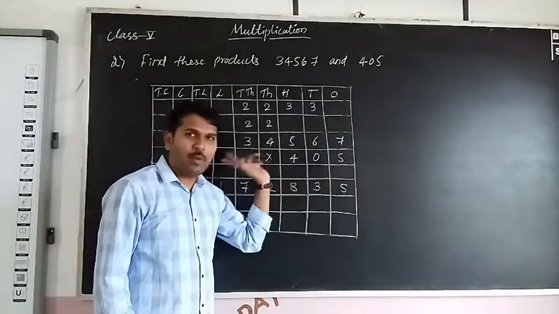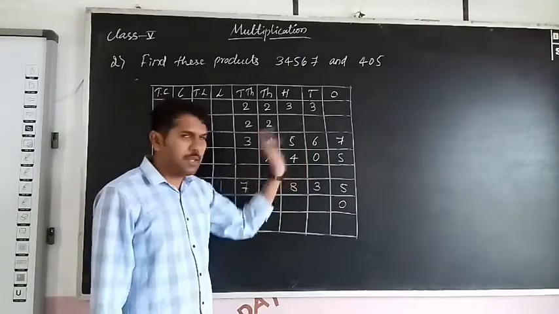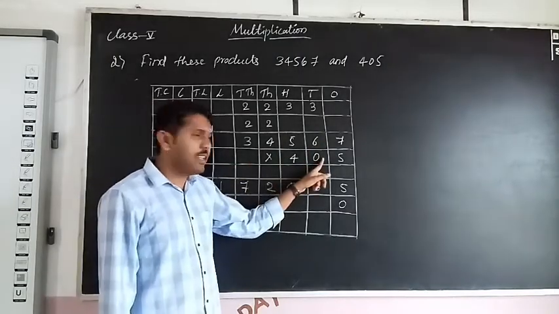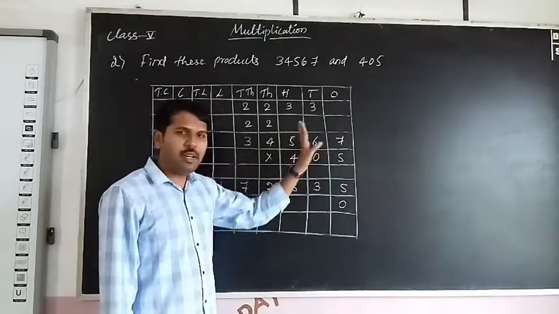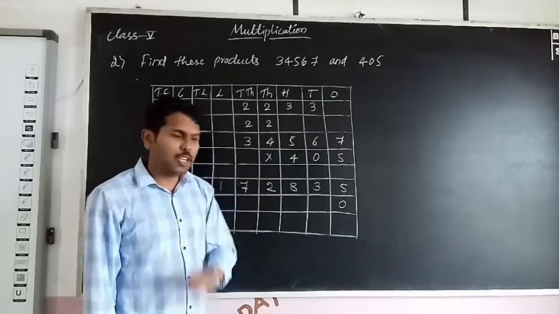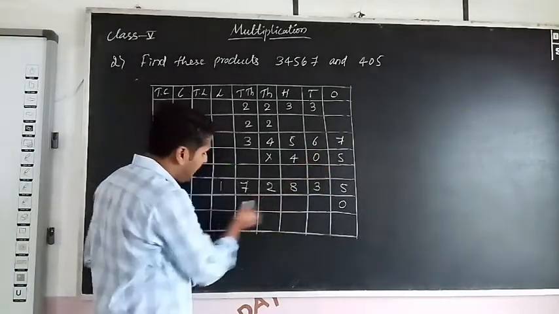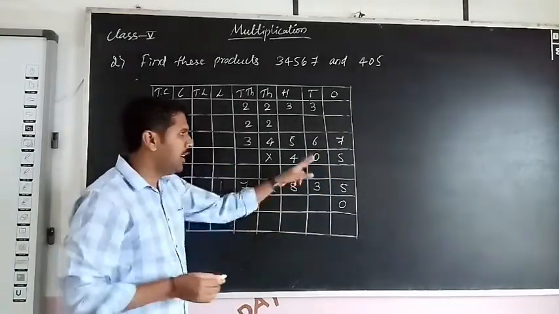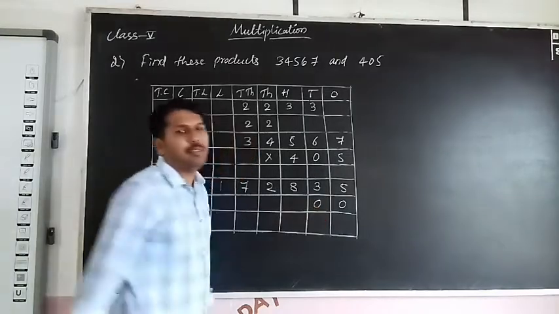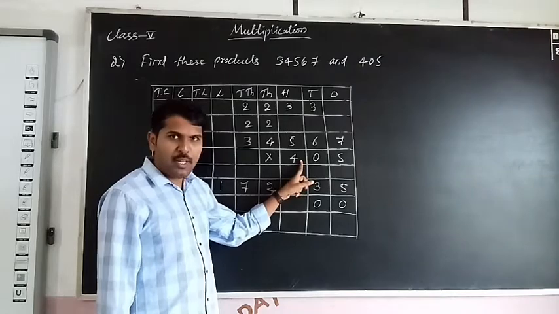So first one is done, now multiply the next one. Here 0 is there. 0 and any number is 0 only, that is the zero property of numbers under multiplication. So here 0 is there. Don't multiply all the numbers and don't write the zeros again. Directly take another 0. After that multiply 4. So now multiply from 4.